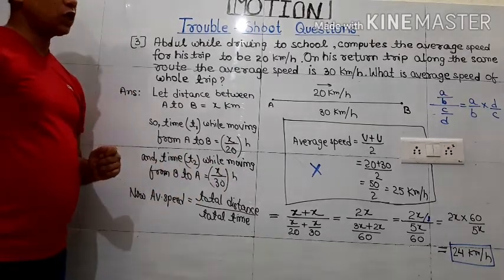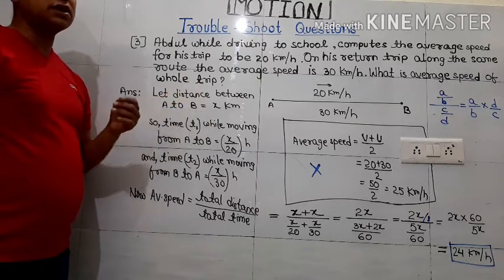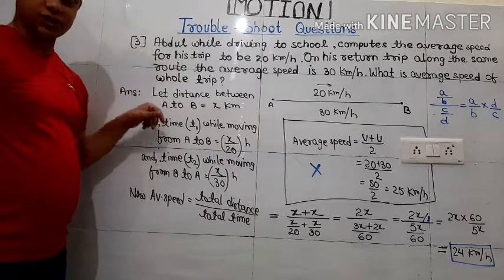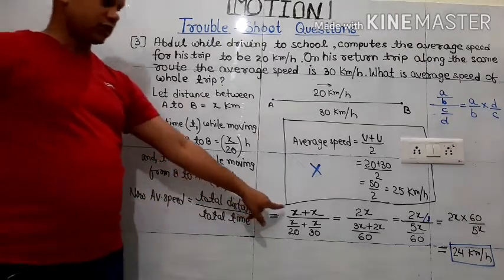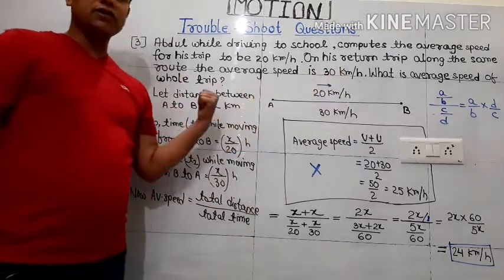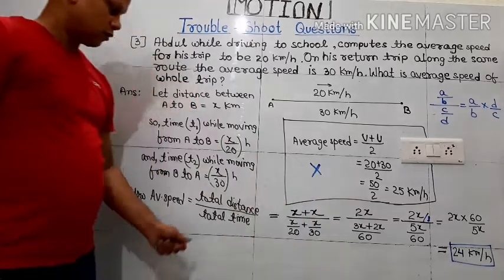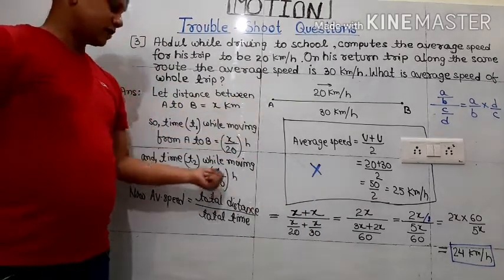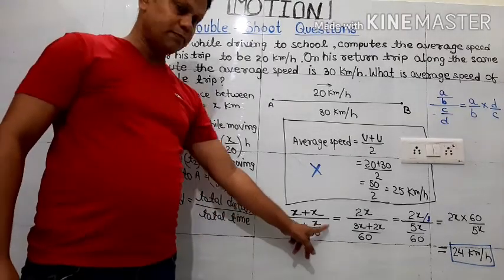Fine. Now after getting time and the distance, we are going to find out the value of average speed of the whole journey. Now for the whole journey we will take the total distance. So what will come? x while going, x while coming. So x plus x is the total distance, that is 2x. What about time? So x by 20 hour while going and x by 30 hour while coming. So x by 20 plus x by 30. This is the time part.